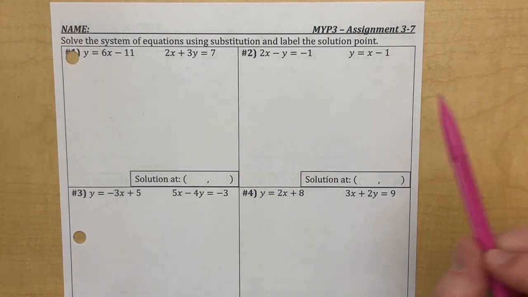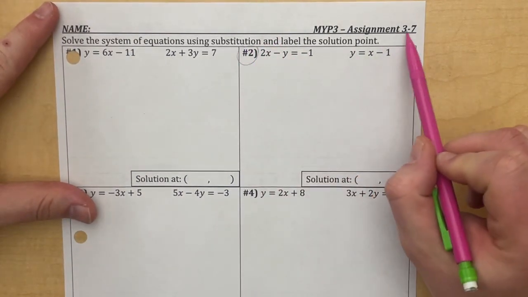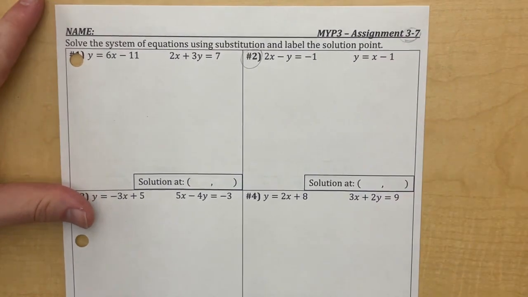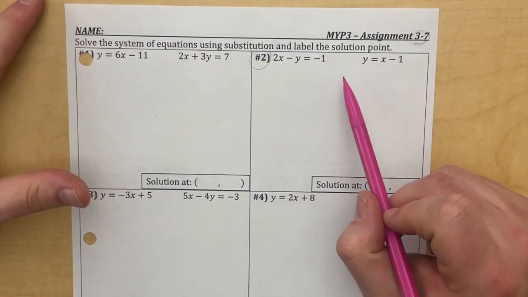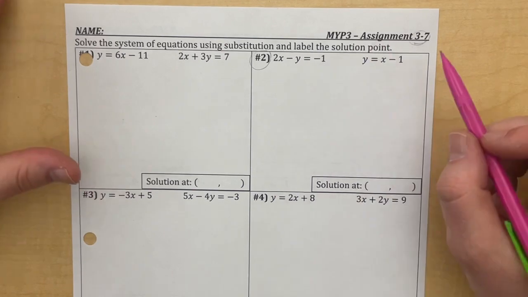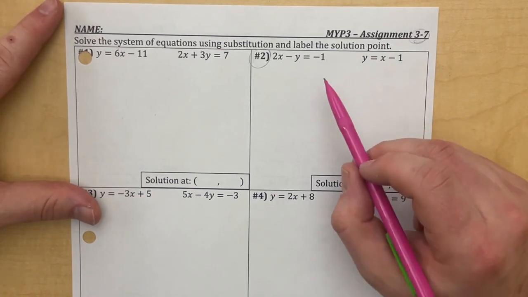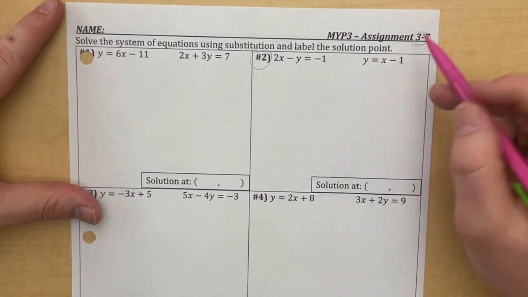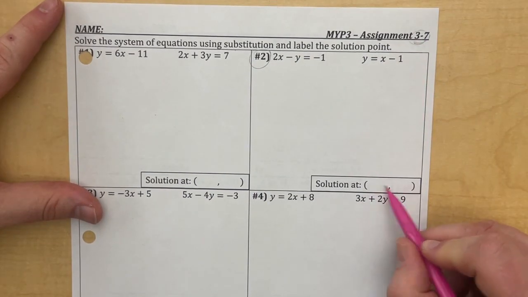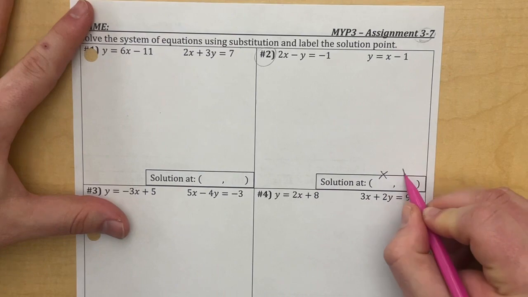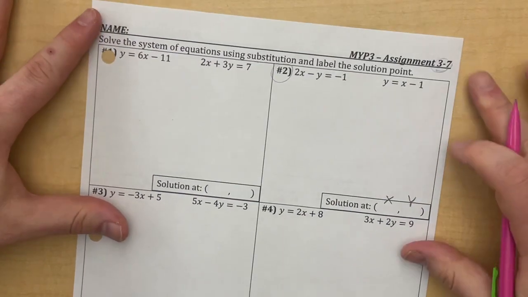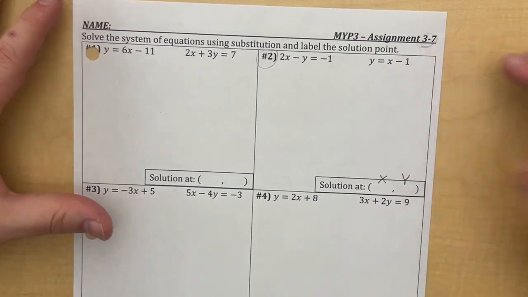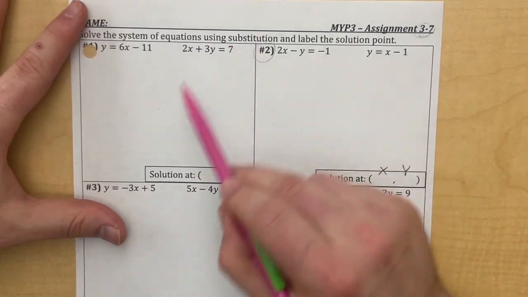In this video, we're going to be working on the even number problems for assignment 3-7. So we're solving these systems of equations. That means two or more linear functions, and then we're going to use that substitution or replacement to be able to solve it. And once we get an x and a y value, again, that's that solution point. So make sure that you are mindful of what we're looking for and what we have. So again, be sure to watch this